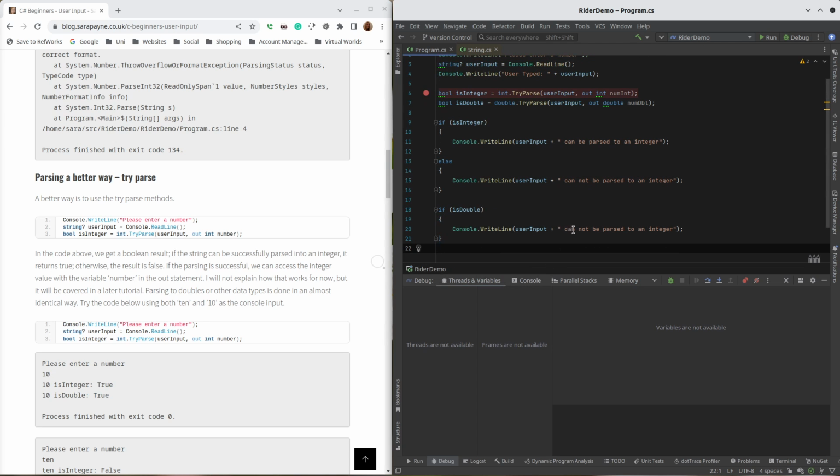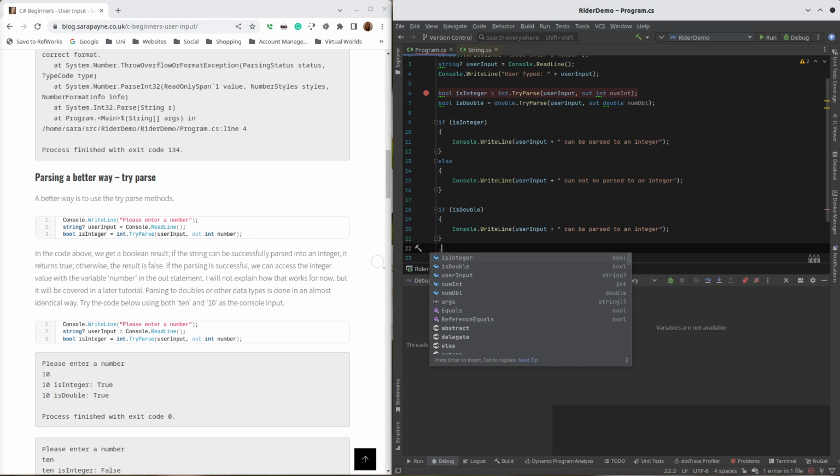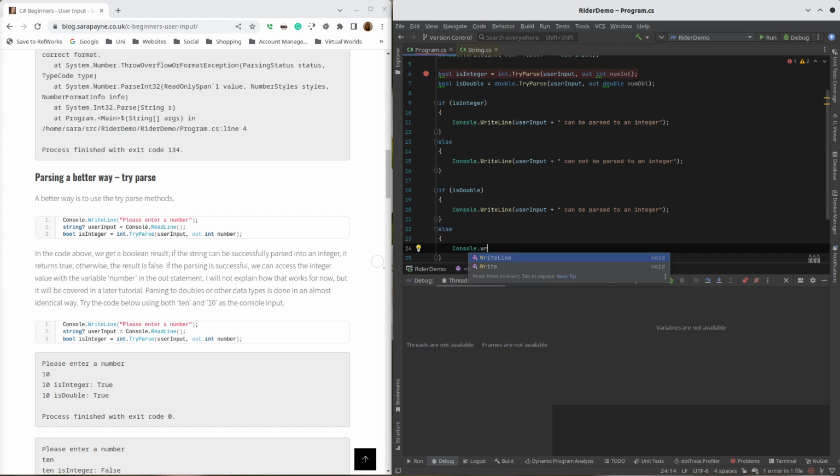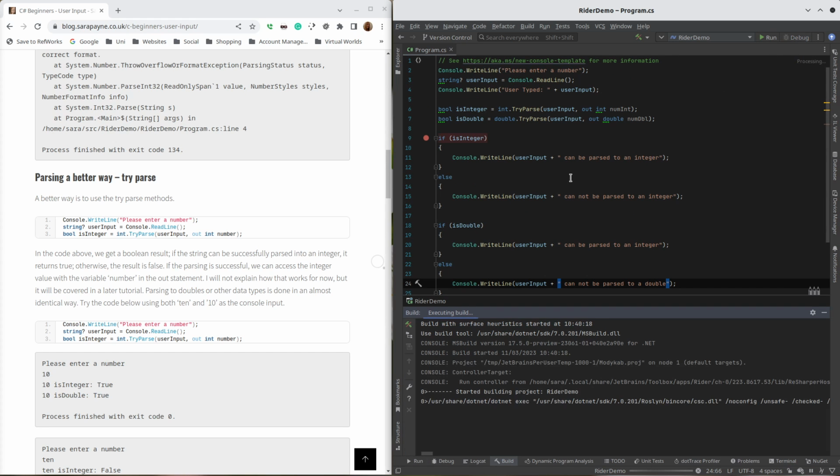Oops, I put cannot be, I should say can. Else Console.WriteLine user input cannot be passed to a double. Okay, so change the breakpoint to there, debug,